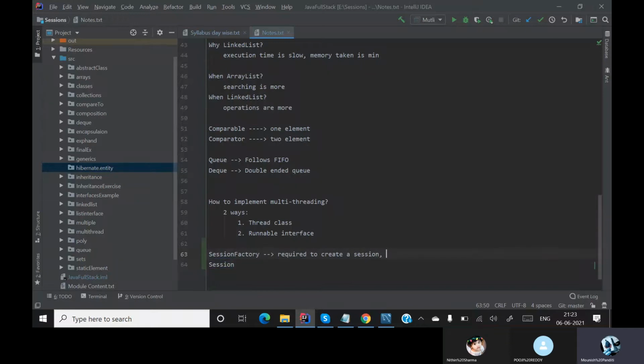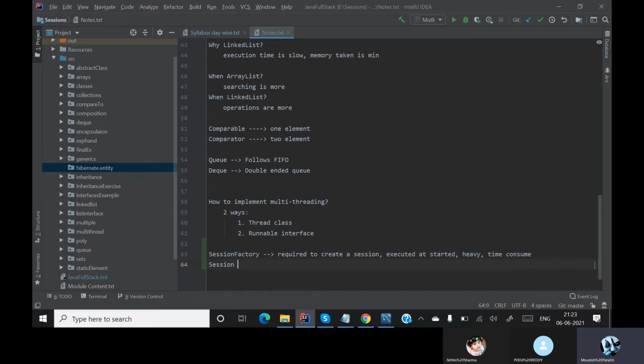Session factory is executed only once, at the starting of the program. The reason is that it is a very heavy object and it takes a lot of time. For these two reasons we execute session factory only once, at the starting of the program.